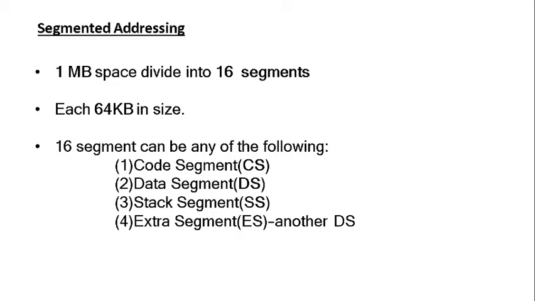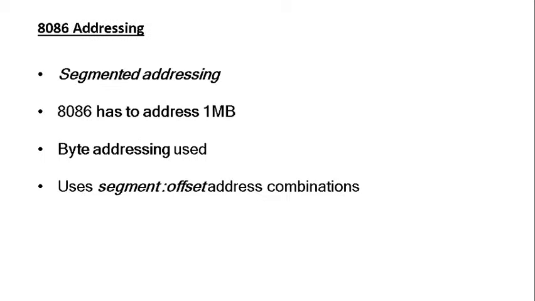So what is the segmented view? In the segmented view, it is visualized that each program has got code in it, data in it, and it may use a stack to store its local variables or to pass variables. Each program will have an area in primary memory allotted with code, data, and stack. That will be kept track of by the code segment register, data segment register, and stack segment register. The extra segment register will actually keep track of the other data segments.